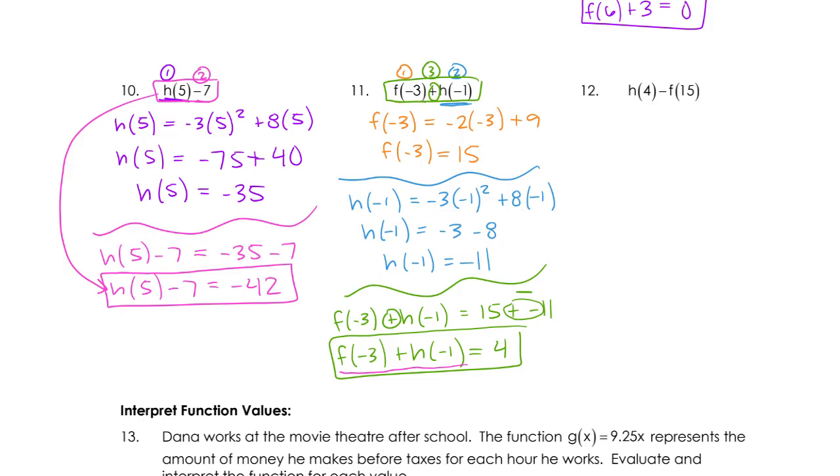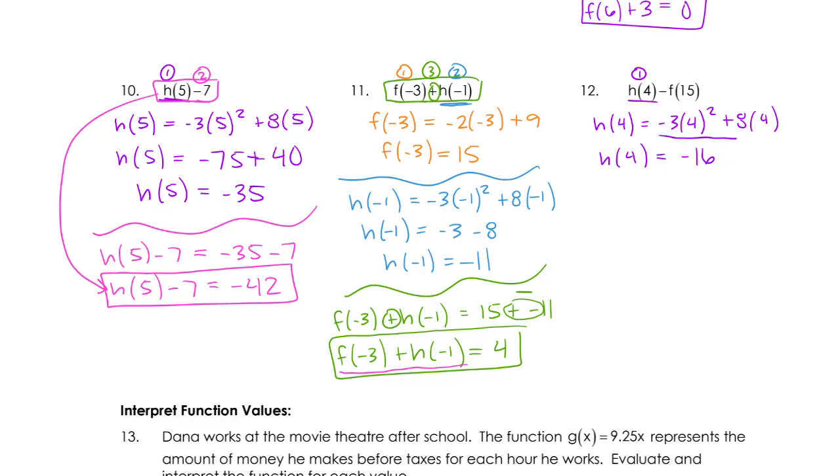And then last but not least, we have number 12. So again, step 1 is going to be finding h of 4. So h of 4 would equal negative 3 times 4 squared plus 8 times 4. H of 4 equals negative 3 times, this would be 16, which would be negative 48, and then plus 32 would be negative 16. So I really skipped a lot of steps on that one, showing all of the work,